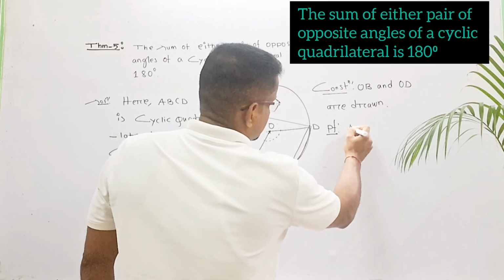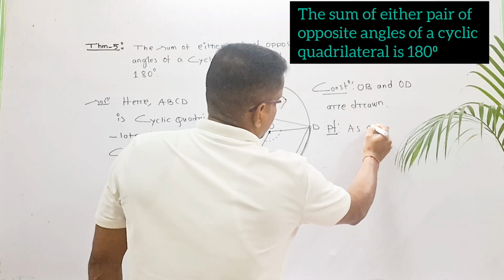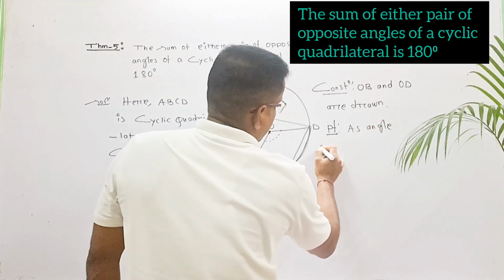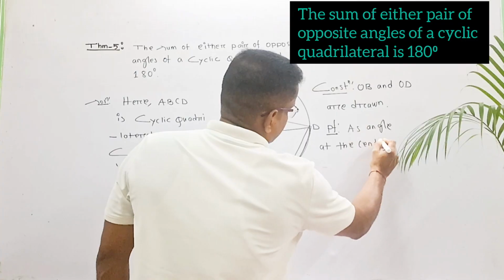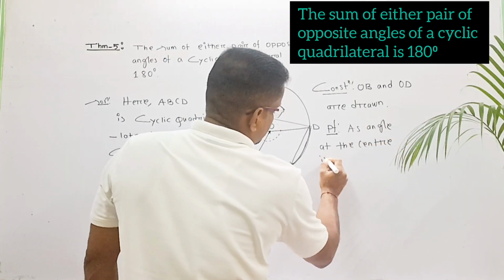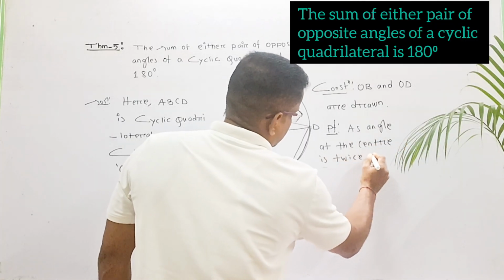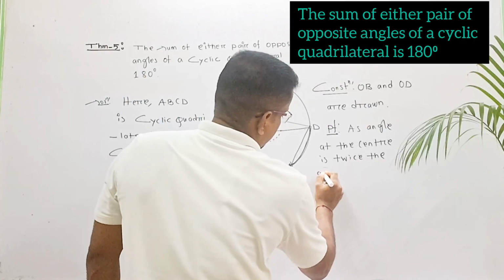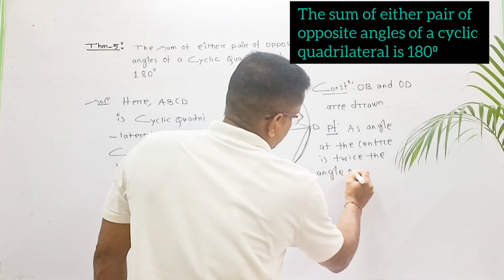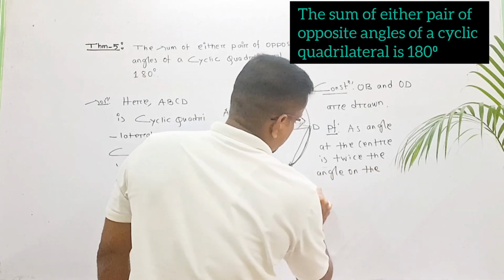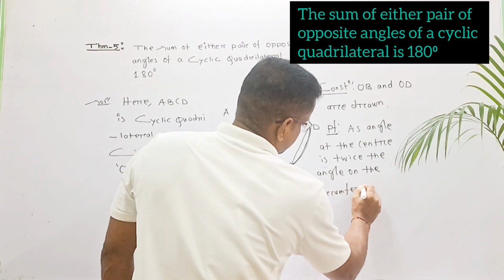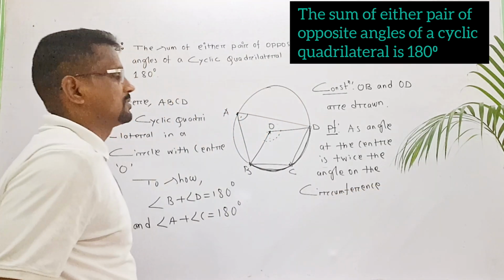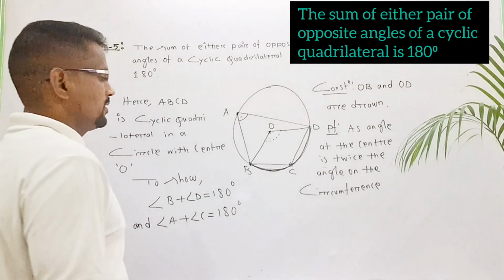So as the angle at the center is twice the angle on the circumference,